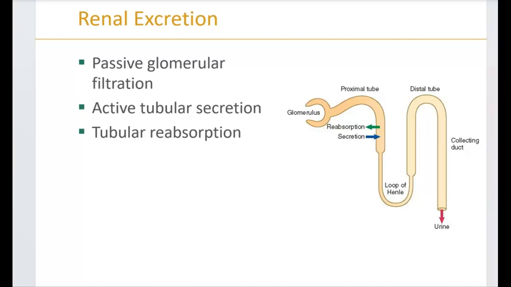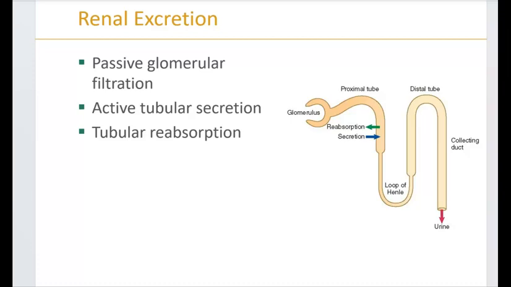Glomerular filtration is the first step towards producing urine that will have the drugs. Filtration preserves plasma proteins, because those are big, so they don't go into the urine, but it will remove the free drugs and other waste products from the plasma. The large volume of fluid filtered through the glomerulus is an ideal vehicle for drug removal. So as the ultrafiltrate is formed, the drugs that are free in plasma, the drugs that are not bound to plasma proteins, are filtered.